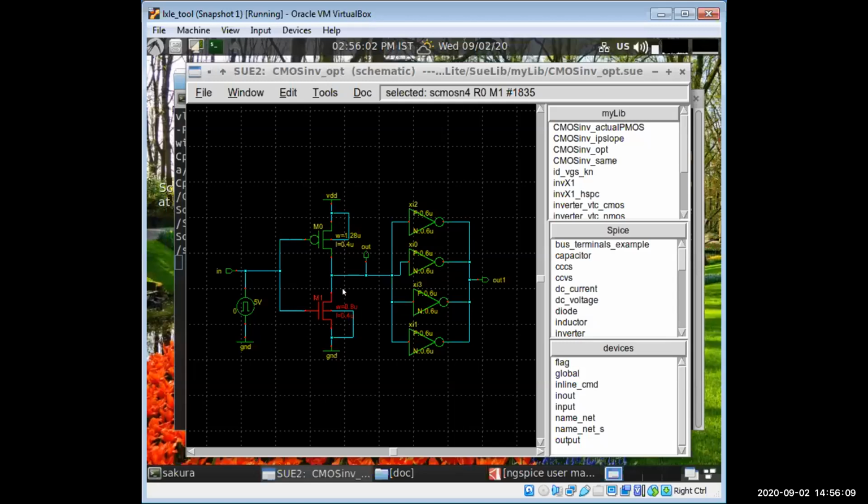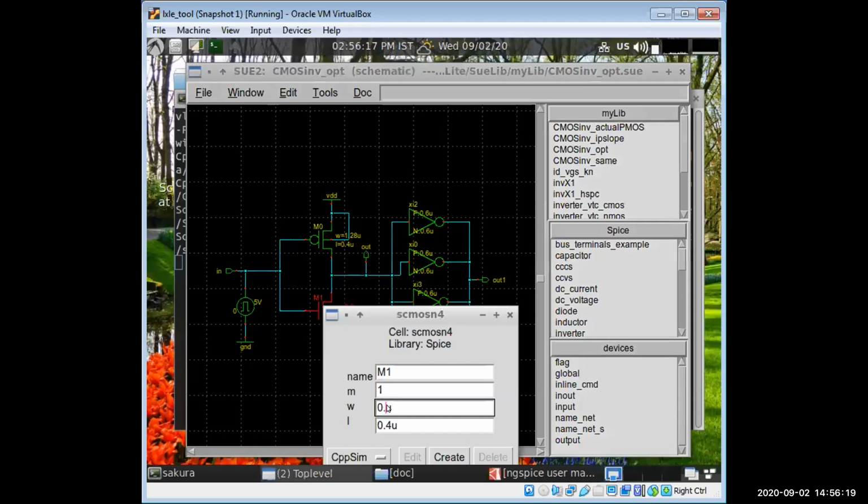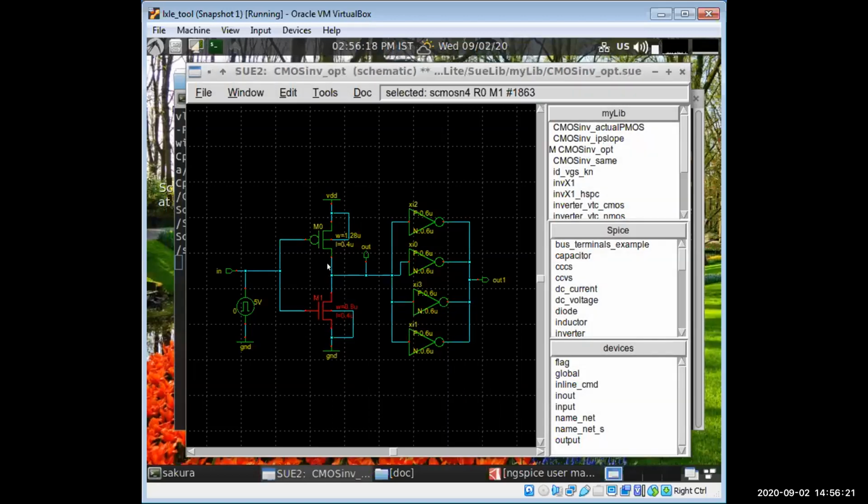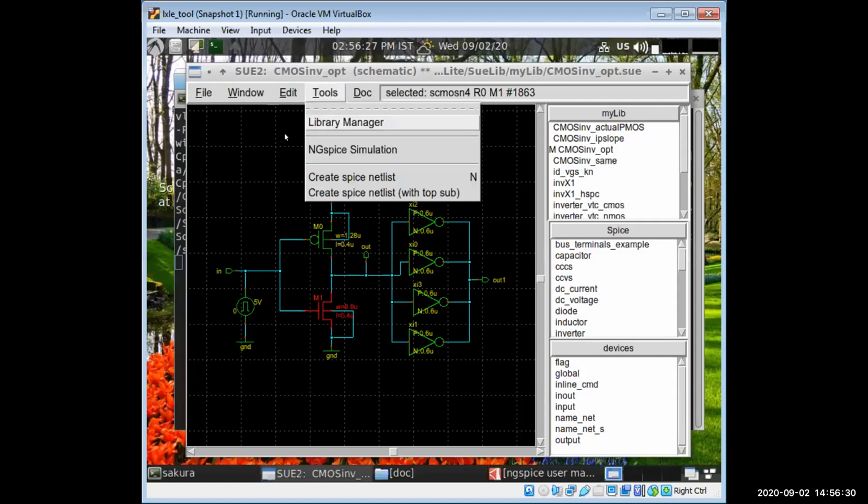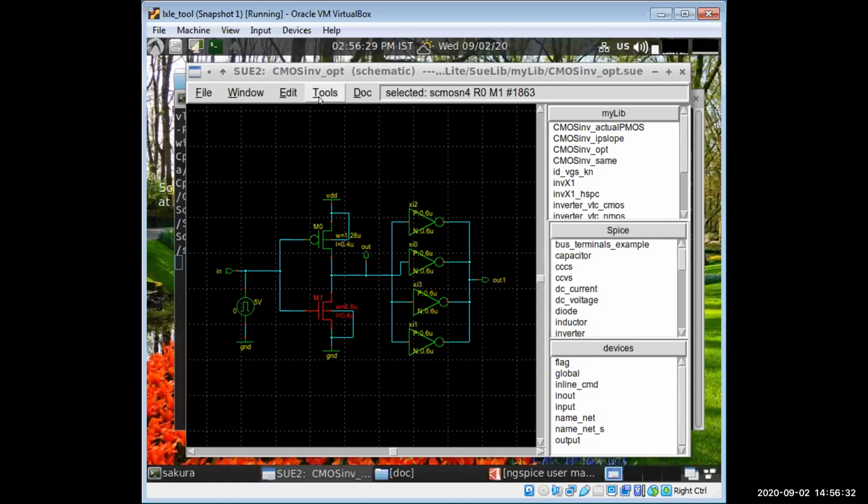We can do this by doing the transistor sizing of these inverters, by doing the beta optimization. So let's set it to 0.6 micro, and the length be the same for PMOS and NMOS, that is 0.4, and this is 1.2. Now save it, control plus save, tools, ngSpice simulation.